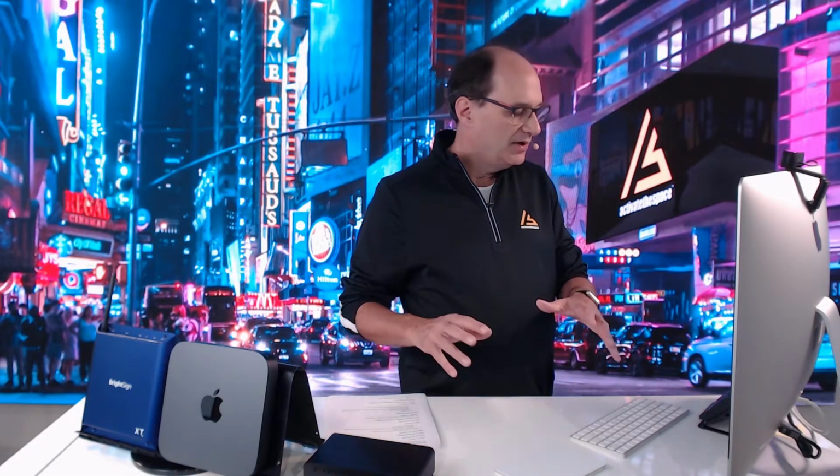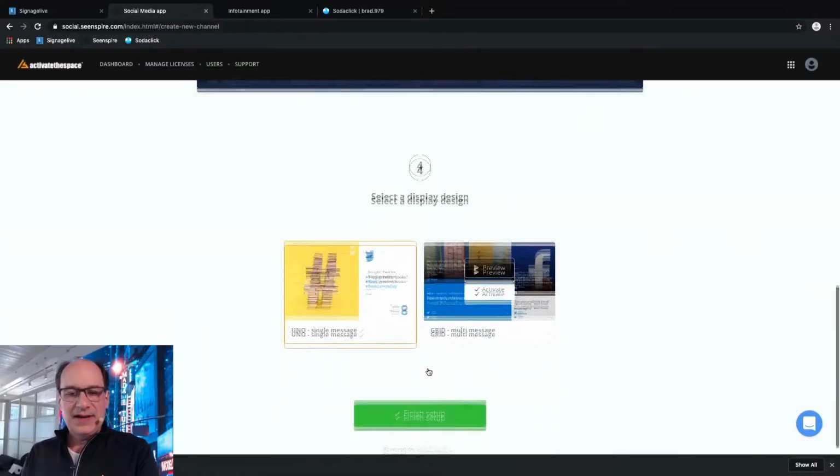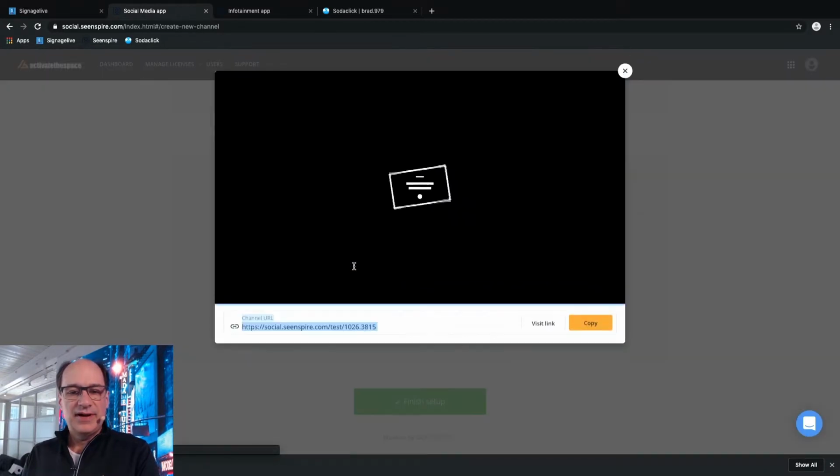I'm going to auto publish, but you can manually publish as well, which is pretty cool when you are putting stuff on the internet and you're not quite sure what's going up. But a lot of this stuff is already approved from Signage Live, so I'm just going to hit auto publish. So I'm in there. I've got a couple different templates to choose from. We've already seen this one, which is the grid that was up there earlier. So I'm going to use the preview on this one to see what we got.